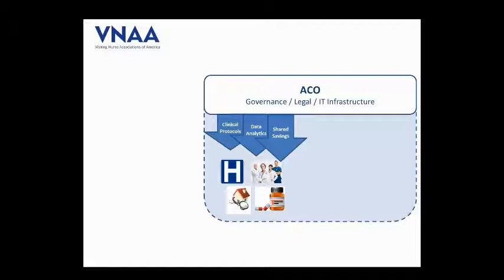In order to help providers do this, the ACO provides data analytics. These analytics are used to stratify patients by risk, in other words, identify those individuals who need more attention from the providers or who are at risk for certain complications or certain adverse events. Those analytics also help identify variation that's occurring in real time. So if you have a particular provider or a particular patient that is varying from the expected course, you can identify them and intervene.